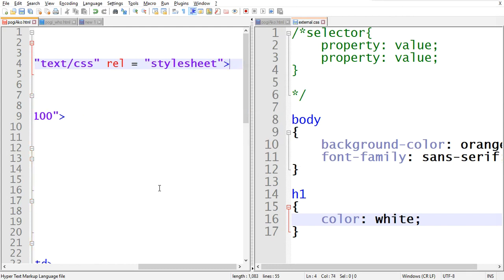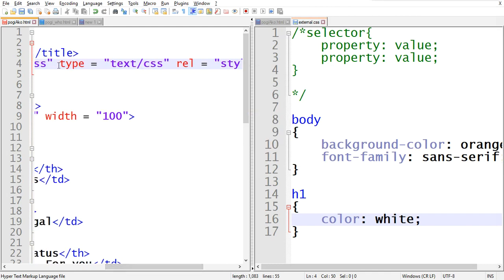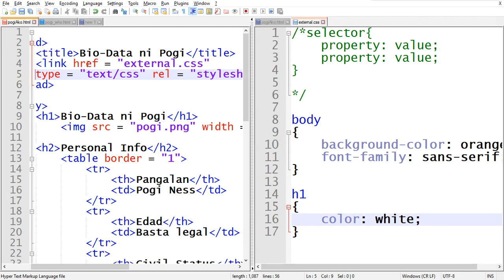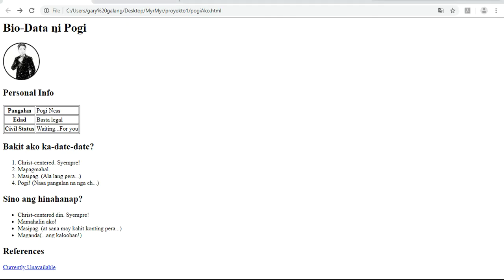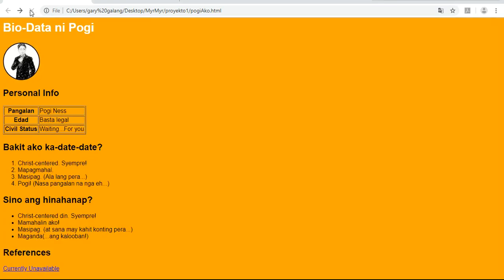Okay, so in order for you to actually see this, I'll just place this at the bottom part. Okay, type is equal to text CSS. Okay, and then save it. Let's check if this will do anything in our web page. So there it is. We have an orange background and then we have a white color